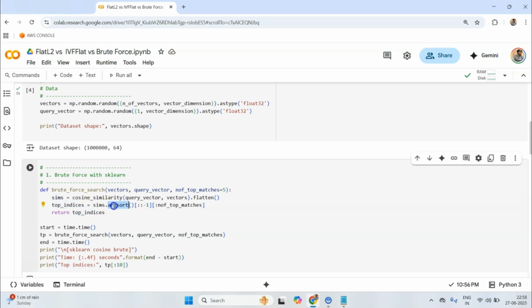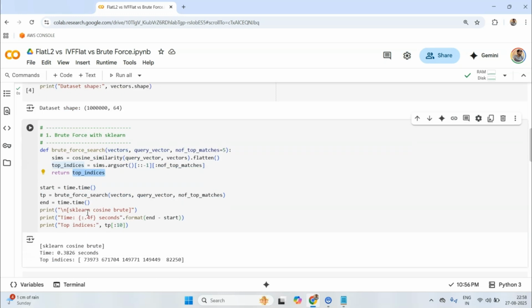So I use similarity.argsort, sorting not on the values but on the indexes, which is what arg represents. I'm using this cool Python syntax which reverses the order, because by default the index of the maximum element will be at the end. That gives me the top matches, and then I return the top indices.